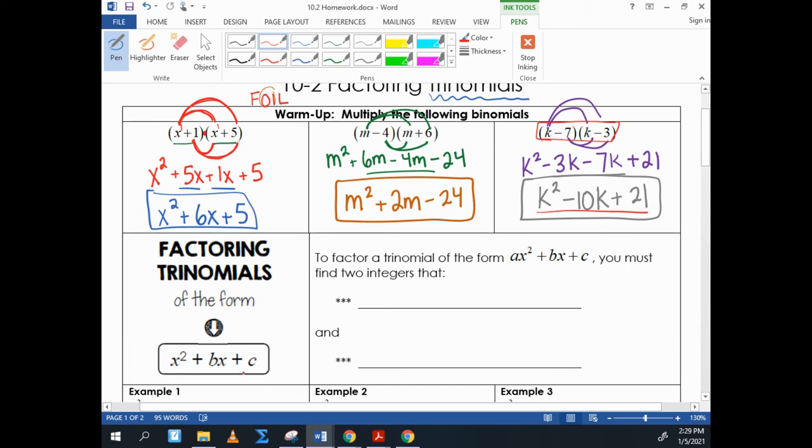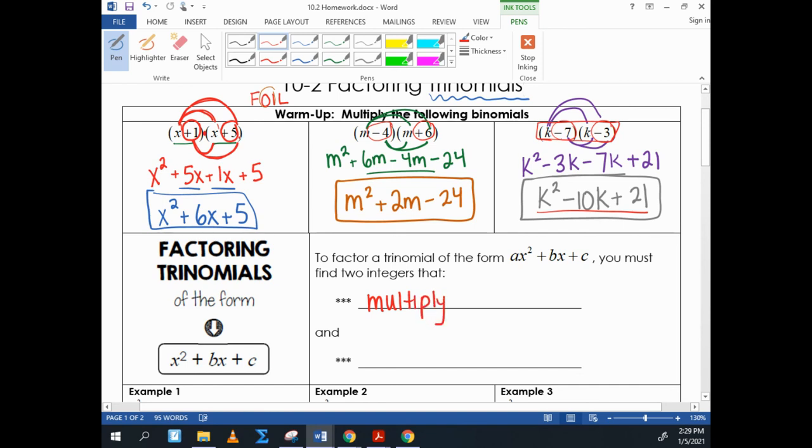So if it looks like this, what you're going to do is try to find two values. Now notice these are going to be the two values at the end right here. It's kind of easy to see that the first terms are just going to be k's right here, or the first terms are going to be m's, or the first terms are going to be x's. But the harder thing to do is to find those two numbers. Now, we need to find two integers. So these two numbers are two numbers that they multiply